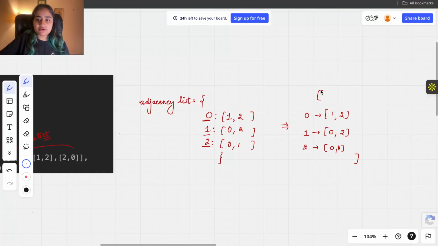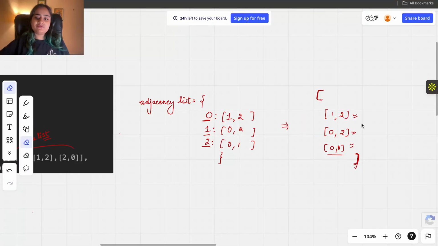If we talk about a list containing lists inside it, this list is at index 0, this is at index 1, this is at index 2. So we don't even have to make a dictionary. We can directly make a list of lists, because node 0 has these 2 nodes connected to it, node 1 has these 2 connected to it, and node 2 has these 2 connected to it, right? So this is how we will make our adjacency list.